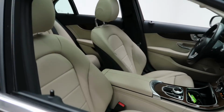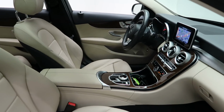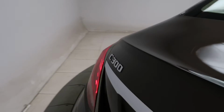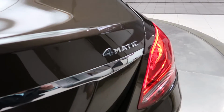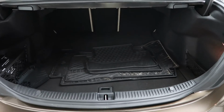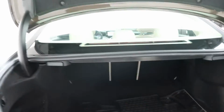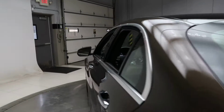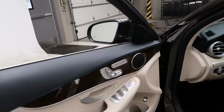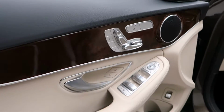A silk beige Ambitex interior with a burl walnut trim, panorama sunroof, C300 4MATIC badging. Open up the tailgate, we got a clean set of all-season floor mats, fold down rear seats, premium 1 package with blind spot assist, heated seats, memory seats, power windows, heated steering wheel